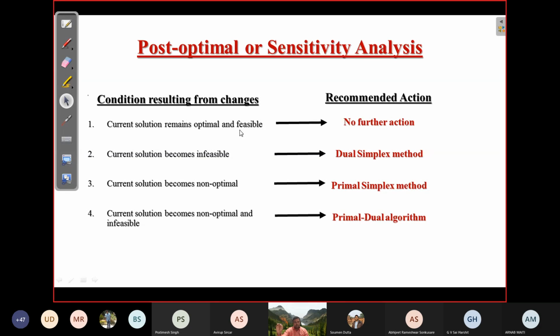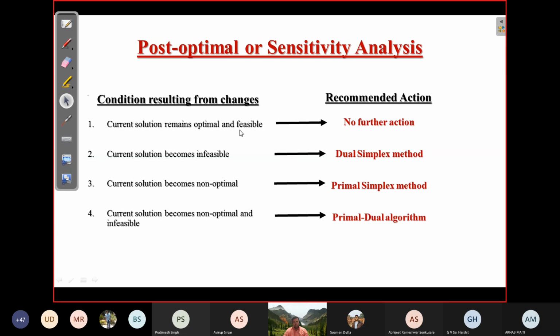That means some negative signs are there in the objective row as well. In that case, you will apply a primal-dual algorithm in the sense that you will first try to remove infeasibility from the solution, get to an initial DFS, and then you apply the primal simplex to find the optimal solution. Okay, so these 4 thumb rules